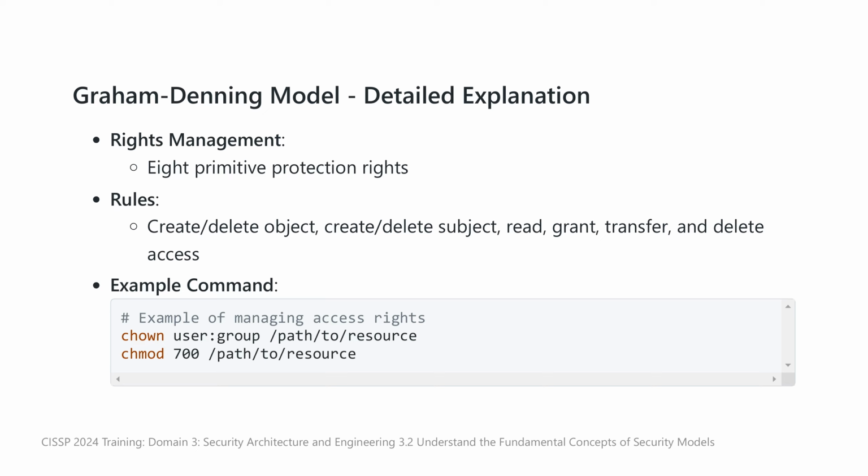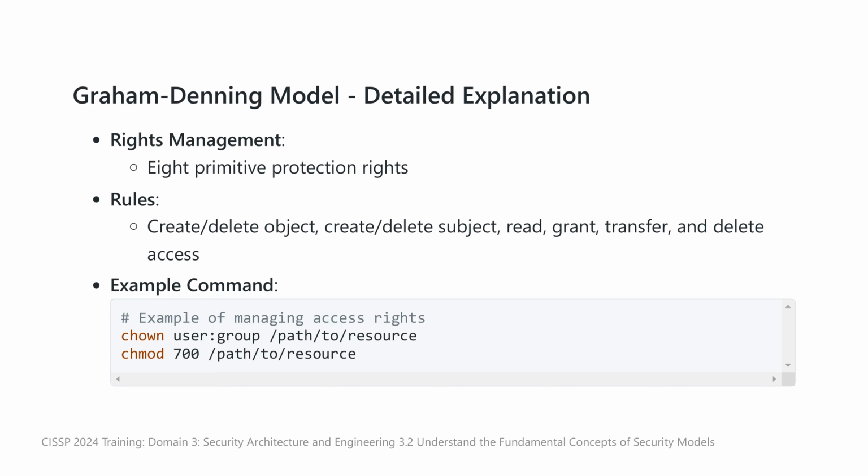objects in the system. By following the rules and principles outlined in the Graham-Denning model, organizations can implement effective rights and privileges management mechanisms to enhance their security posture, particularly in environments that demand rigorous access control like government, military,